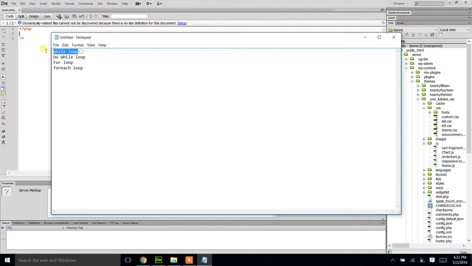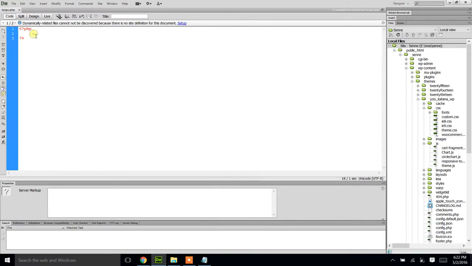So the while loop is like an entry control loop. The do while loop is an exit control loop. You must be confused about what entry control and exit control are, so let's have an example. First we'll see what the while loop is. The syntax of the while loop looks like this: while